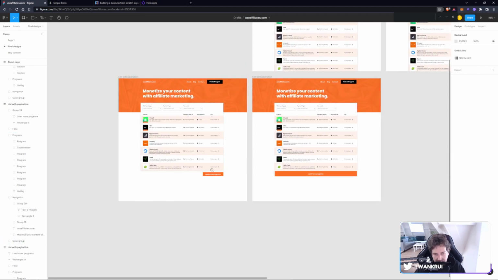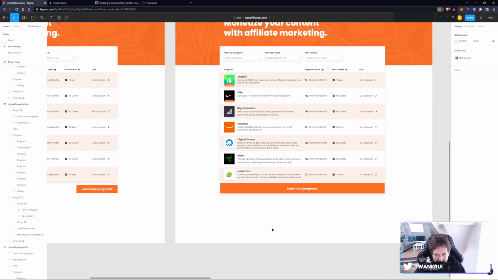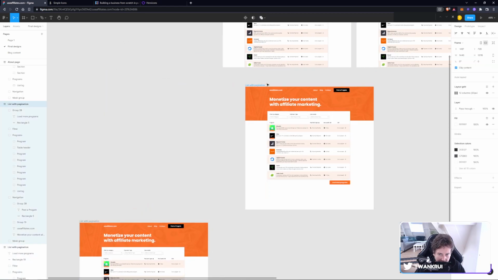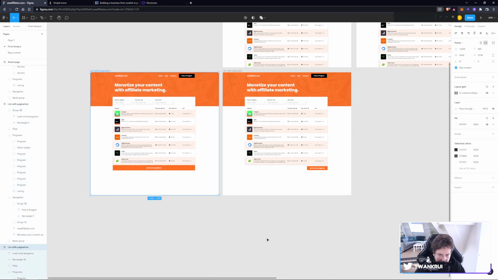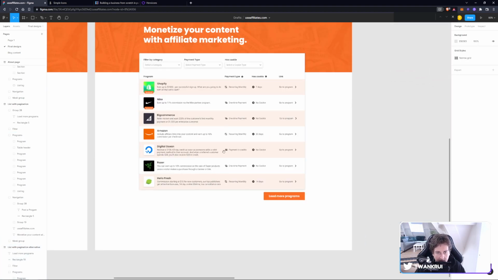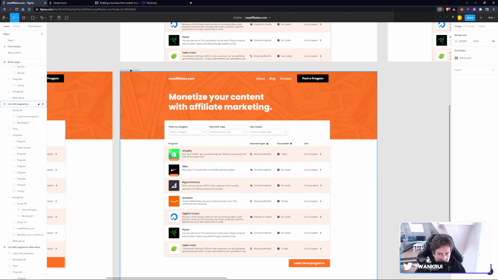I think the left one just looks a little bit more clear that this is a button and this is more of a... Load more pro... This more seems like sort of a status bar than an actual button you can click. So, yeah, we are going with this one. This is a variant. More of an alternative. So has cookie payment type, we can load more, and now we need to have a